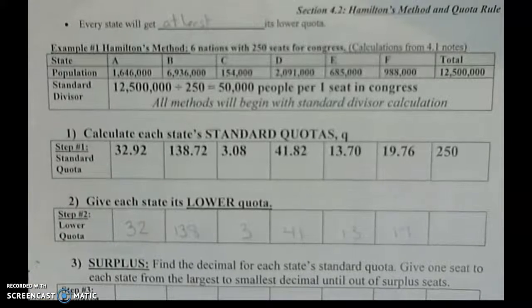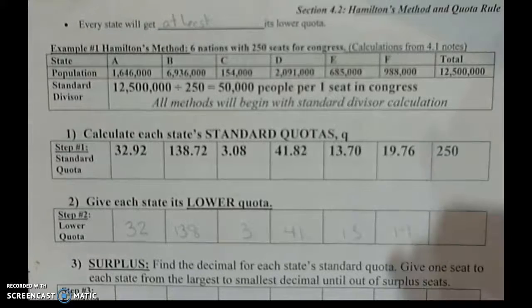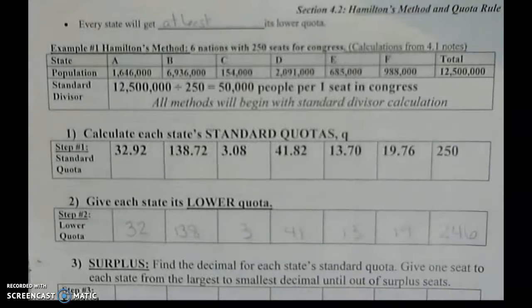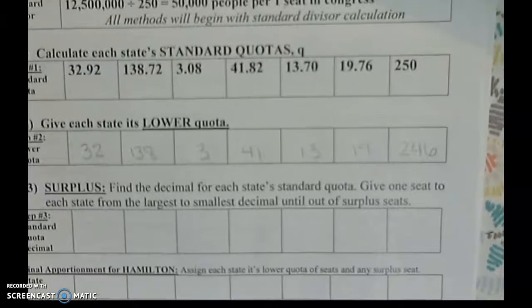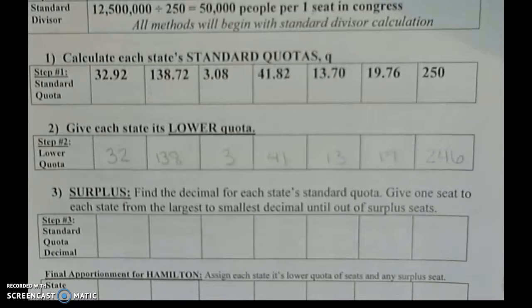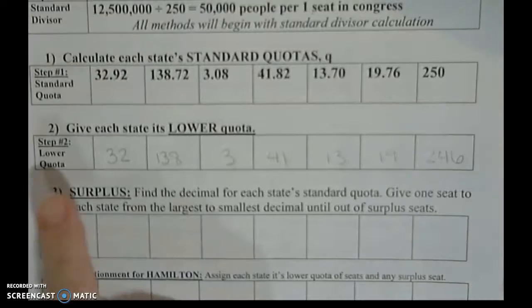And that's going to be a total of 32 plus 138 plus 3 plus 41 plus 13 plus 19, which gives me a total of 246. So we find our standard divisor, we find the standard quota, and then we give everyone the lower quota. And that gets me up to